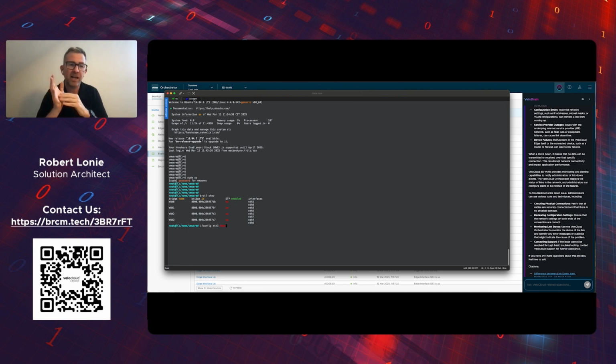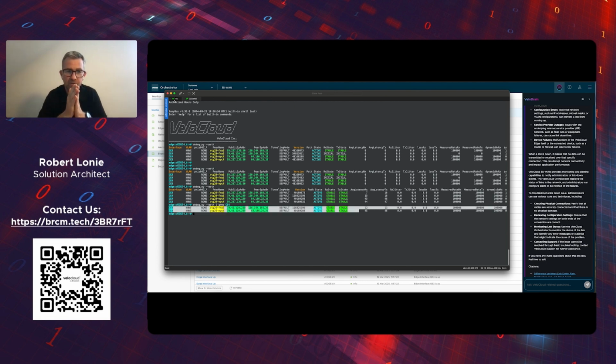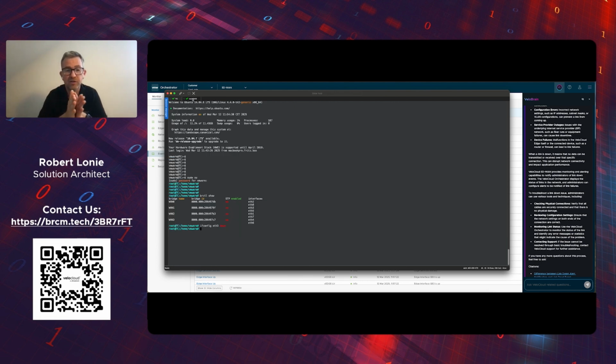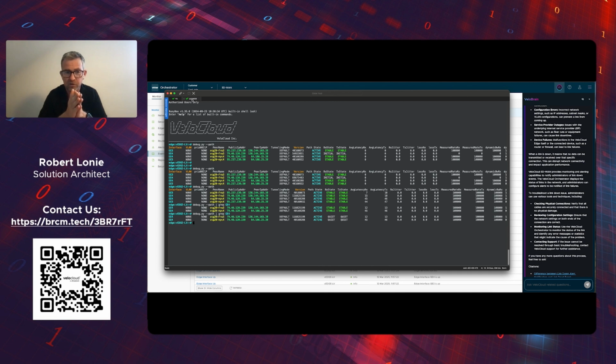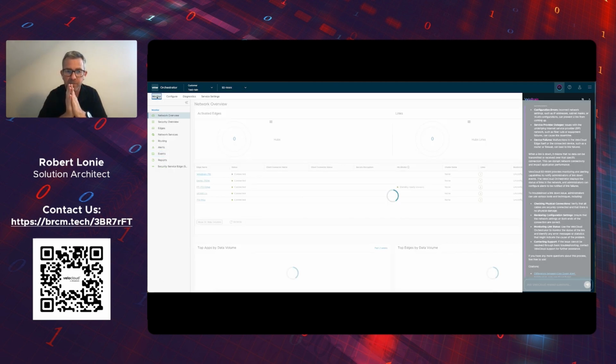If I flip to my edge now, you can see that on interface GE4 on my edge, we have a WAN link, and we have 2 stable and active paths from the edge itself. If I shut down the interface on my bridge on the layer 2 device here, you can immediately see that the edge detects the link has gone down and the paths are quiet. There are no longer any paths to the gateways in this case.